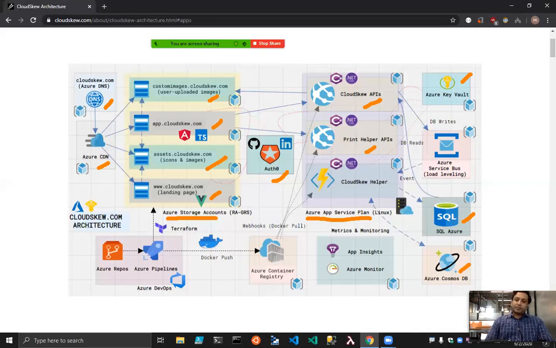We also have a Cosmos DB, but this is mainly for experimentation purposes. So all the diagram metadata essentially is JSON that we push in here, and then we decompose it into graphs, and then we run some experiments using the Gremlin APIs. So you can technically take out the Cosmos DB, and it wouldn't affect production at all. So this is more for experimentation.